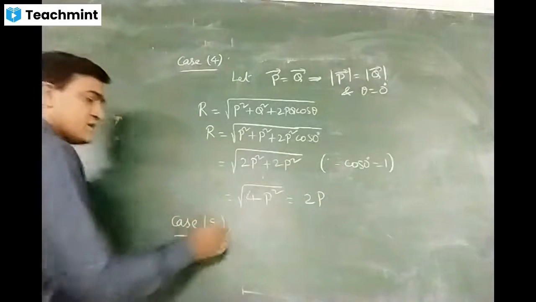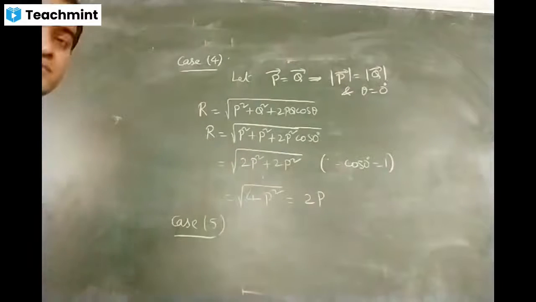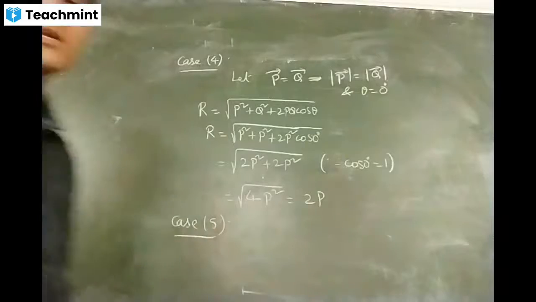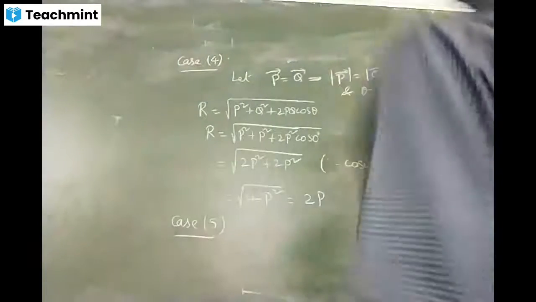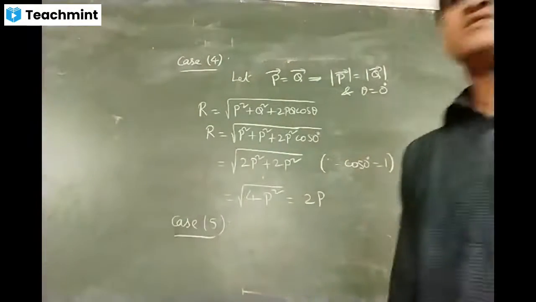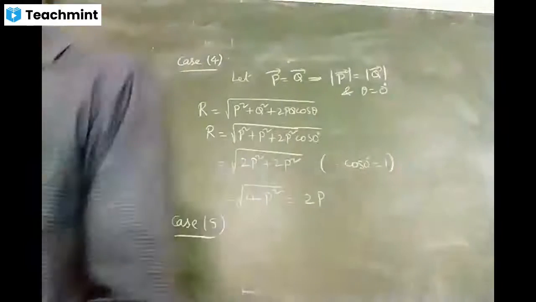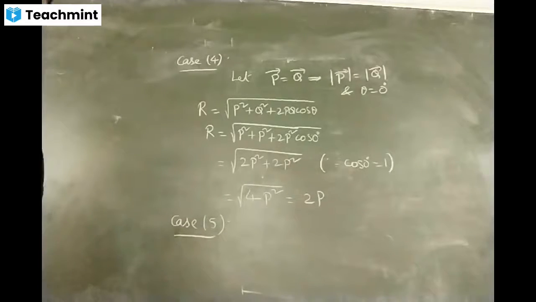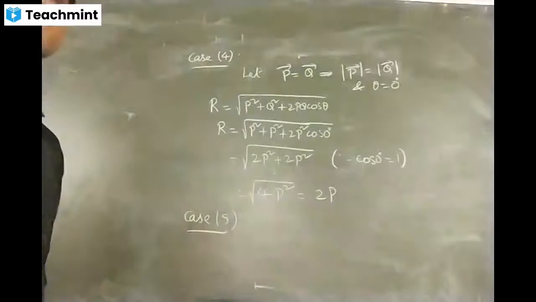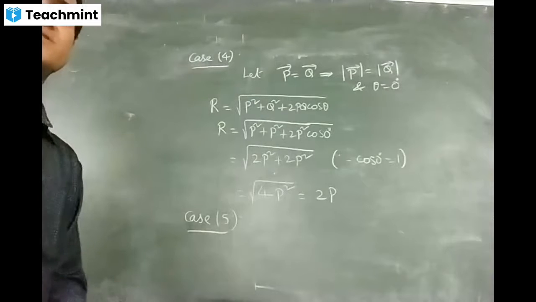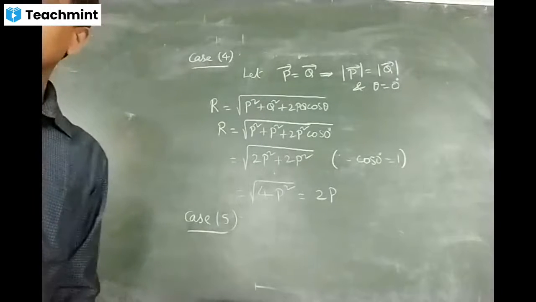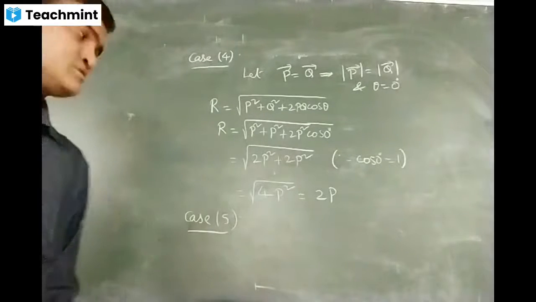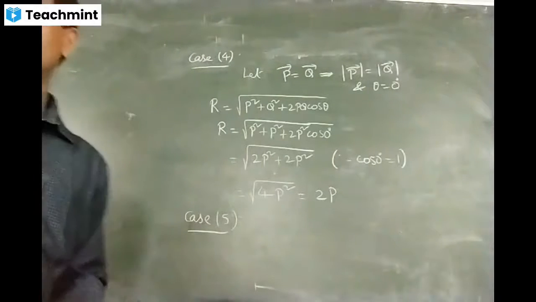This case we already did before. Sir, this has no direction, right? It is for magnitude. We are finding out magnitude. Whenever you write magnitude, direction is not required. Direction will not be there for magnitude. Whenever you find magnitude, only magnitude, that represents what? Scalar quantity. Scalar quantity doesn't have any direction.